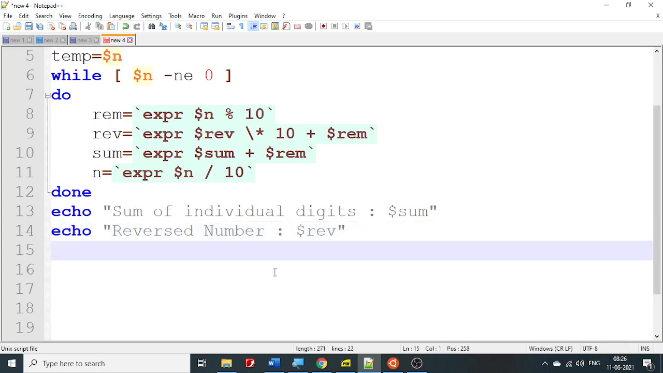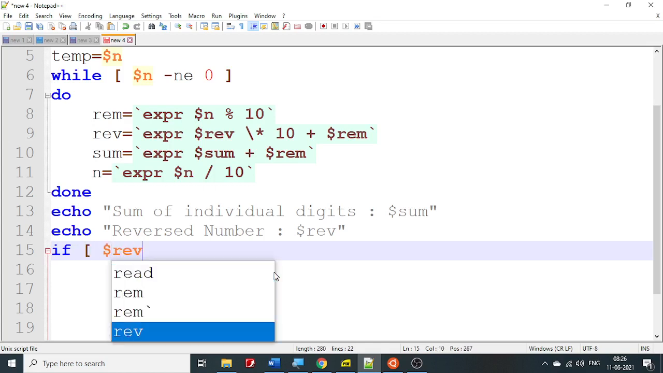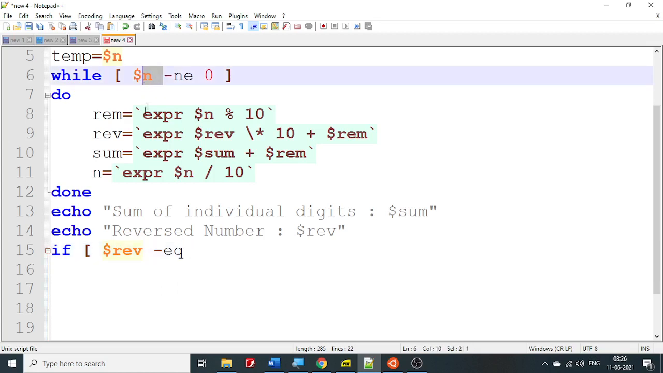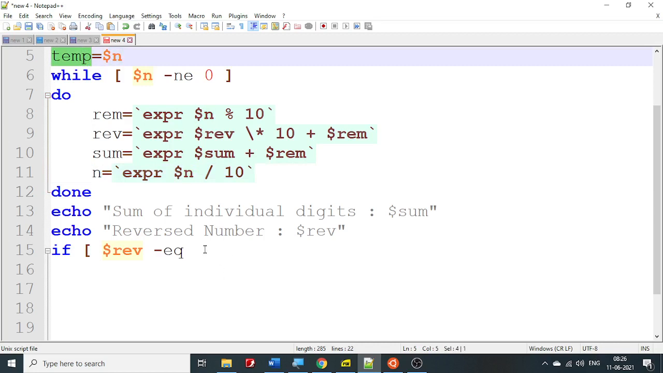Then the last one, you just check if this reversed number is equal to the original number. Remember, the original number vanishes when you reduce it here. So that is why I've stored that in temp. So if that is equal to the temp number that you have stored,